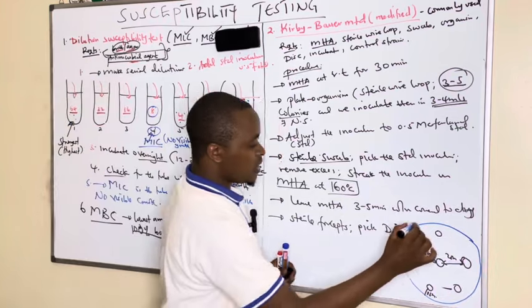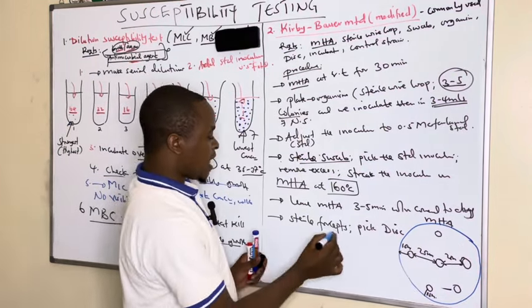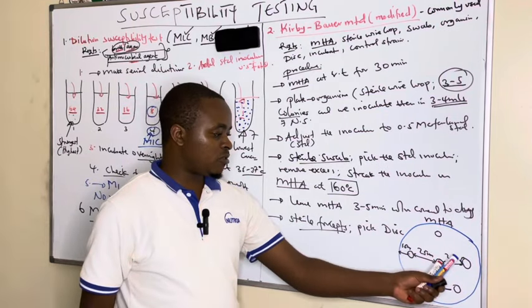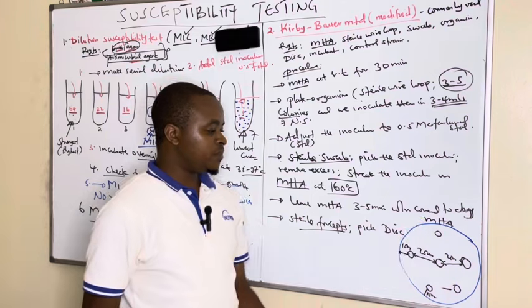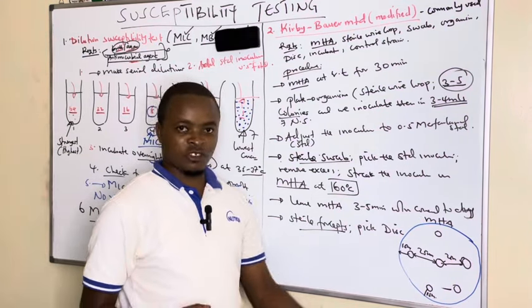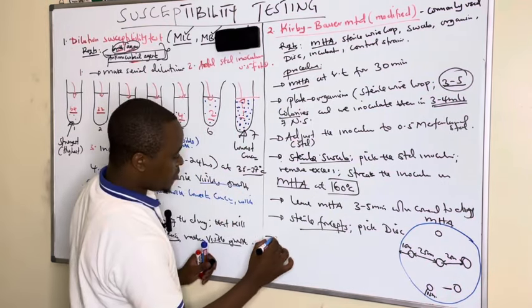So this is my Muller-Hinton agar. I have used the sterile forceps to apply these antimicrobial discs, 6 of them, 25 millimeters apart and 15 millimeters from the edge of the plate. After applying them, we cover